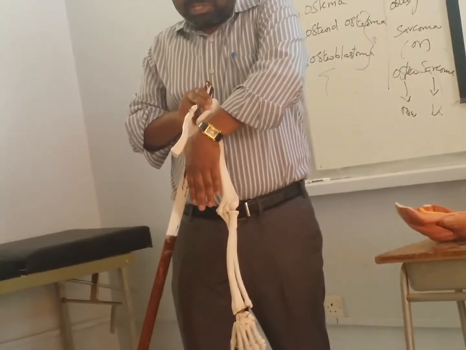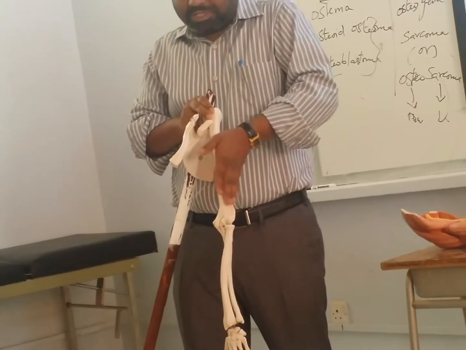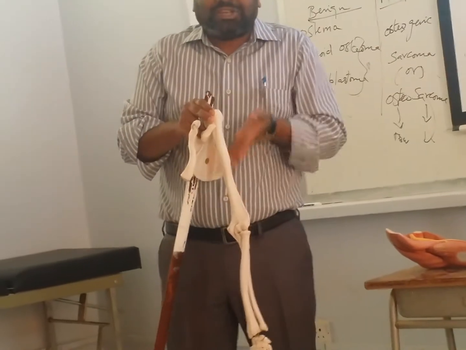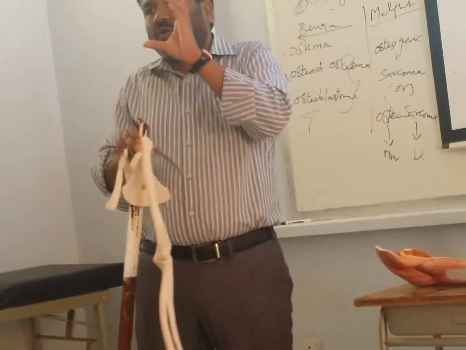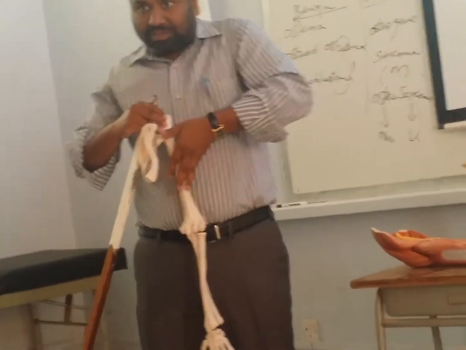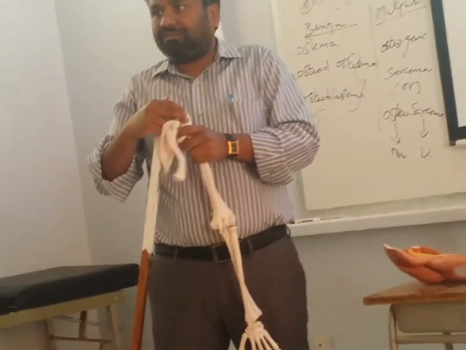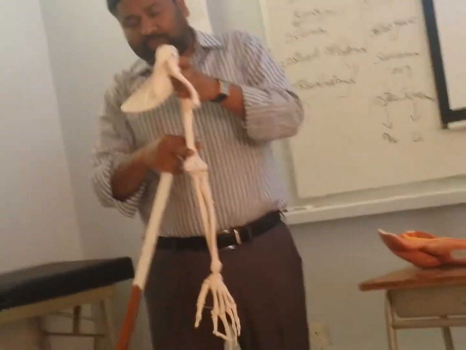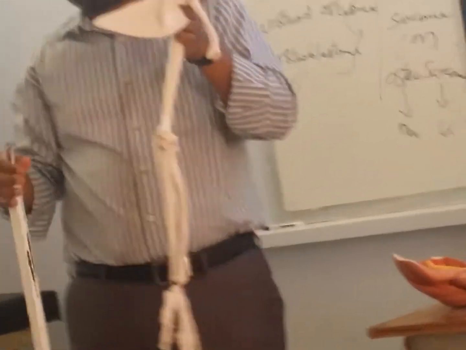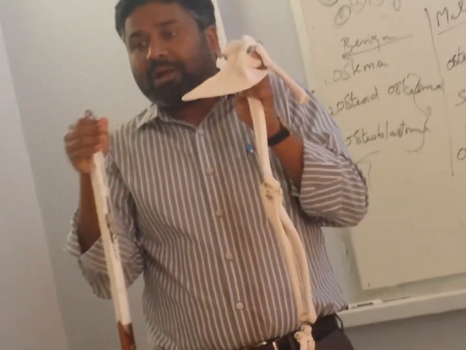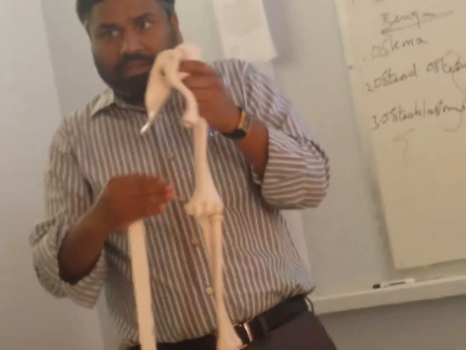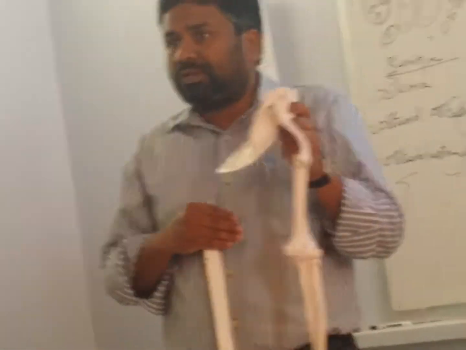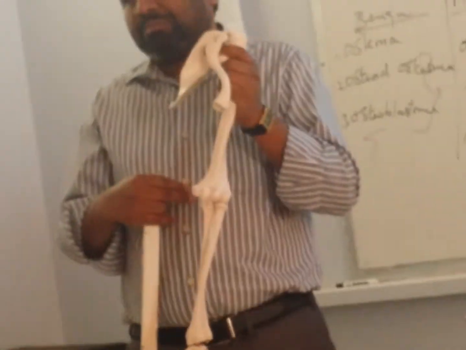So dividing the muscles, anterior to these intermuscular septa is the anterior compartment, and posterior to that is the posterior compartment. So the muscles of the arm are divided into two compartments. The muscles in the anterior compartment, which do the flexion of the elbow, are called the flexors. Similarly, the muscles posterior to these two septa are the posterior compartment, which do the extension. So the muscles are grouped according to their actions. Anterior compartment muscles, posterior compartment. The vessels and the nerves are all totally different for the anterior compartment and the posterior compartment.